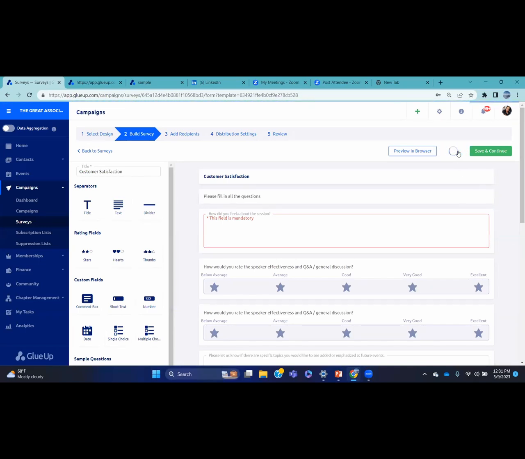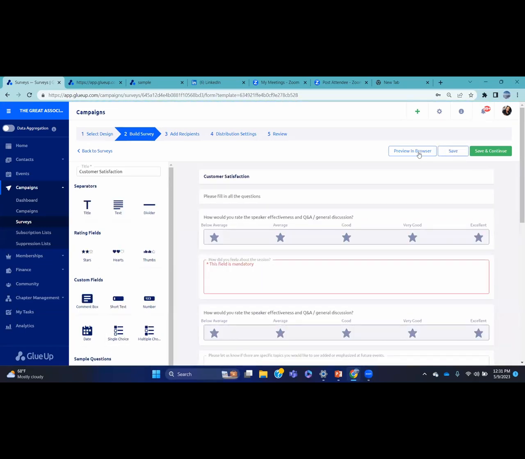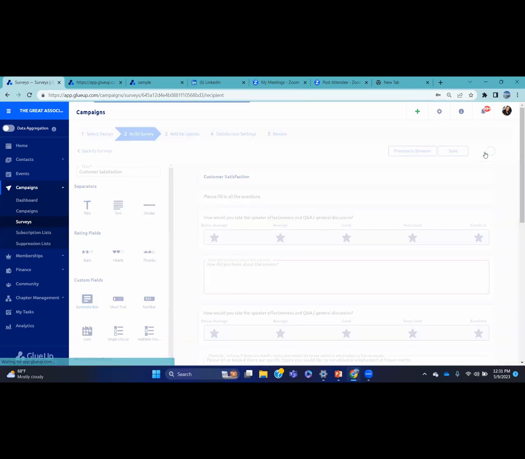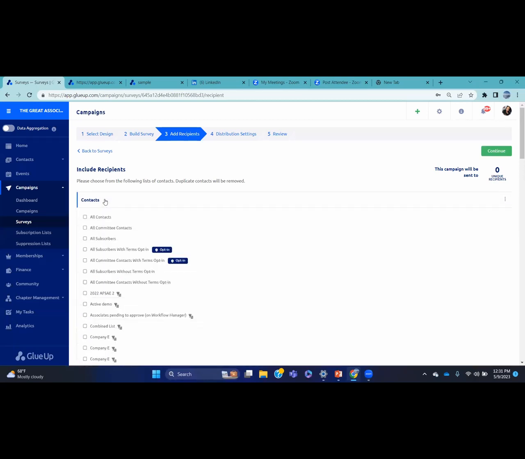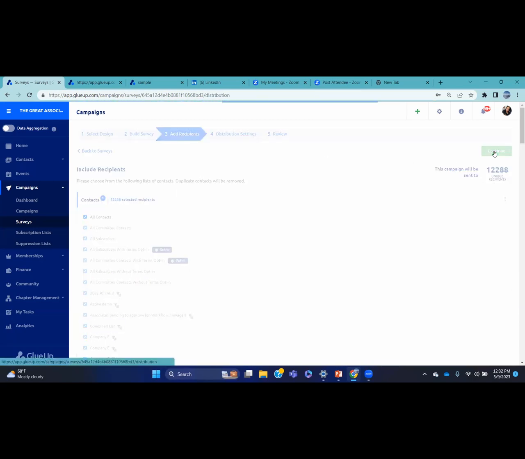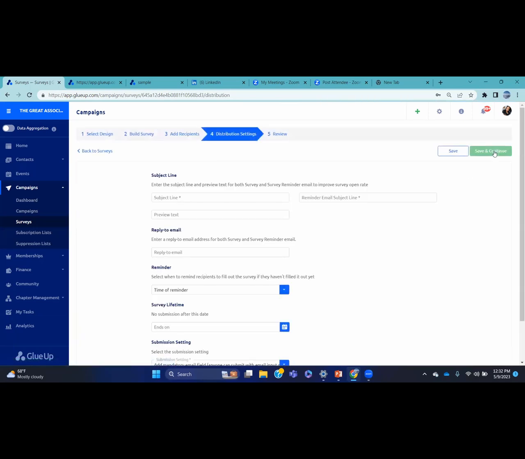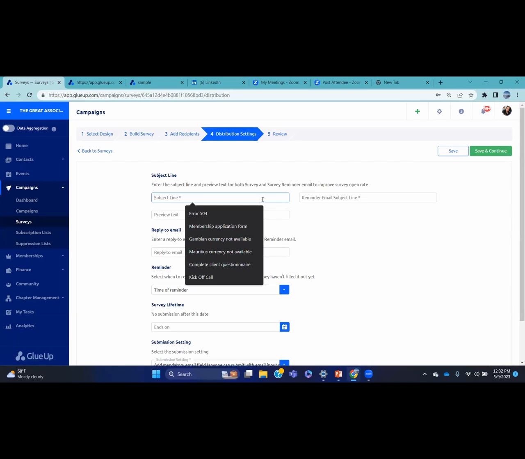Now you can save, preview in browser, and the next step is adding your survey recipients. Similar to the campaigns module, there's different sections of the platform where you can fetch your recipients from. So in my case, I will choose all contacts. The distribution settings are very important because this is where you enter